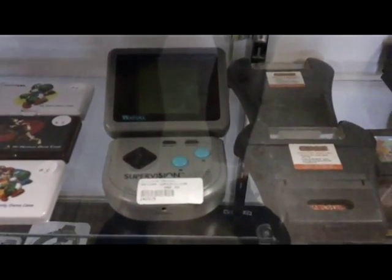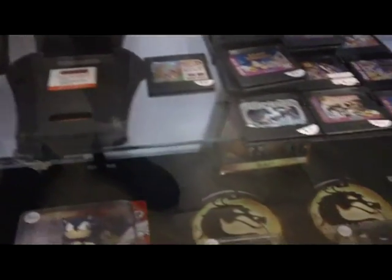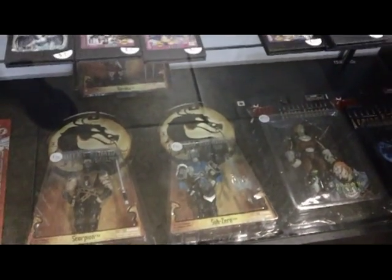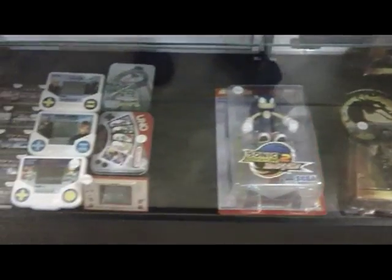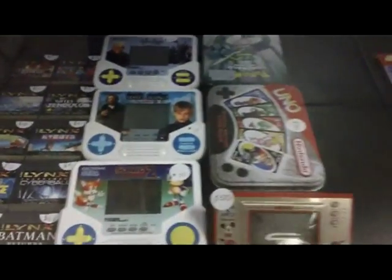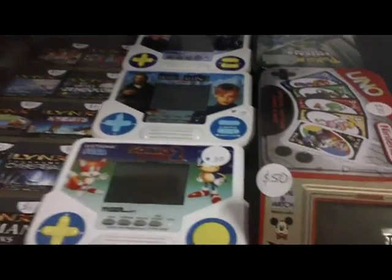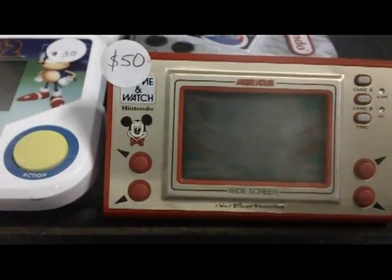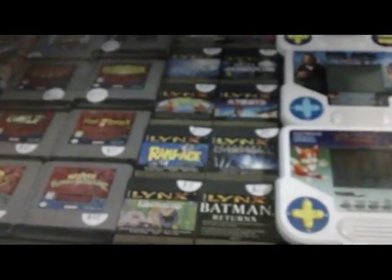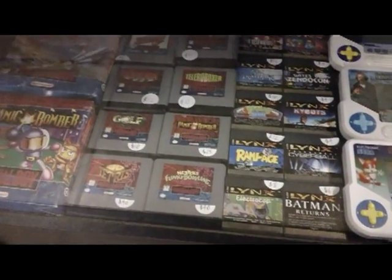Of course, you got the Supervision. You can see right there. And next, that's the Game Genie. Then down here, you got some Legend of Zelda Mortal Kombat figures. Got some handheld goodness down here from Tiger. Got Addams Family, Home Alone 2, Sonic the Hedgehog 2, and you even got a Game & Watch, Mickey Mouse Game & Watch original. Of course, got some loose Atari Lynx goodness, and then some loose Virtual Boy games and